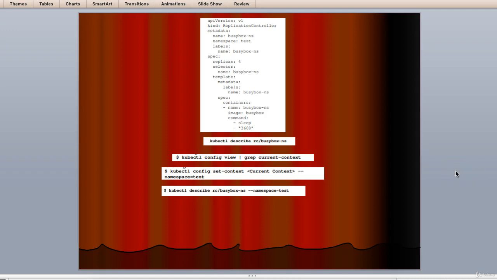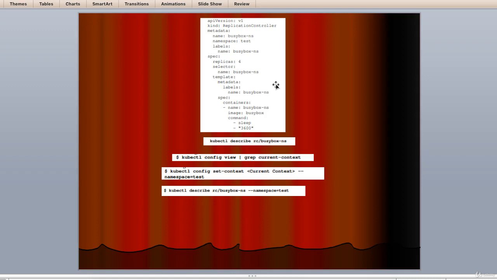And this is a YAML file, let's say the busybox-ns YAML file. You will note that we are creating 4 replicas of this basic pod after using create to build this RC. Run the describe command on the test namespace once more. You will notice that the used values for pods and RCs are at their max. However, we ask for 4 replicas and only see 3 pods in use.